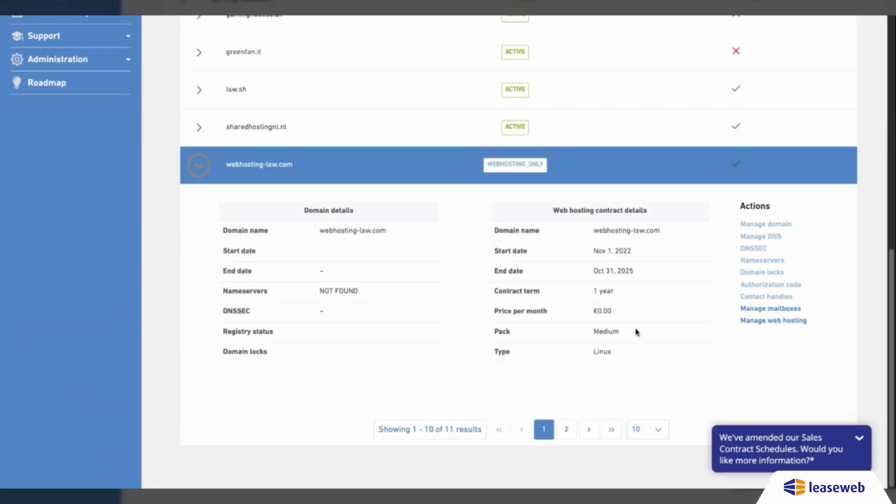If you open one of the domains with a web hosting package, you can see the main details, such as the linked domain name, start and end dates, contract terms, price per month, pack size, and type, so either Linux or Windows. From here you can manage your web hosting packages by clicking on Manage Web Hosting on the right-hand